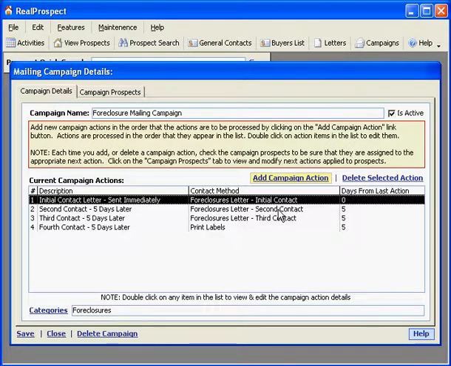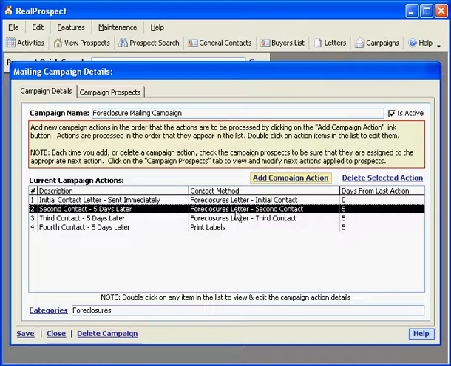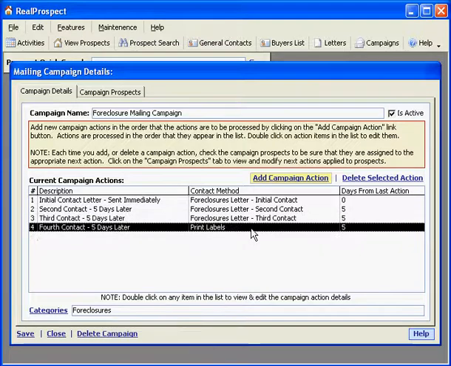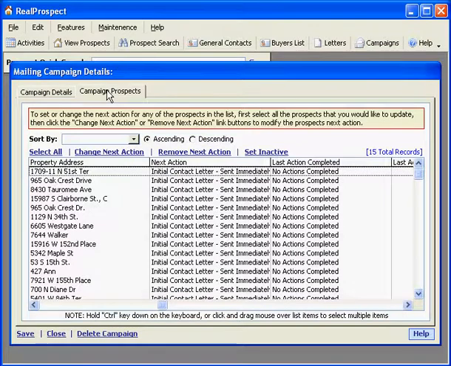5 days after that, the second letter will be printed, and this is my foreclosures letter. 5 days after that, my third contact letter will be printed, and here I have my foreclosures letter. And then 5 days after that, I'm going to print labels for a postcard. And you can continue this process to have an unlimited number of mailing campaign steps. So here what I'm going to do is show you what happens now